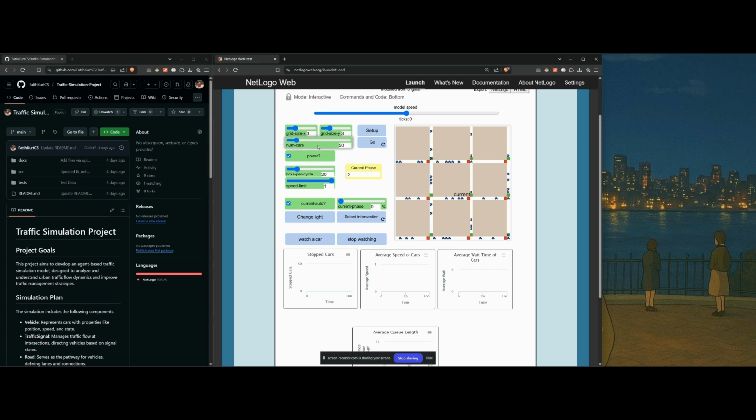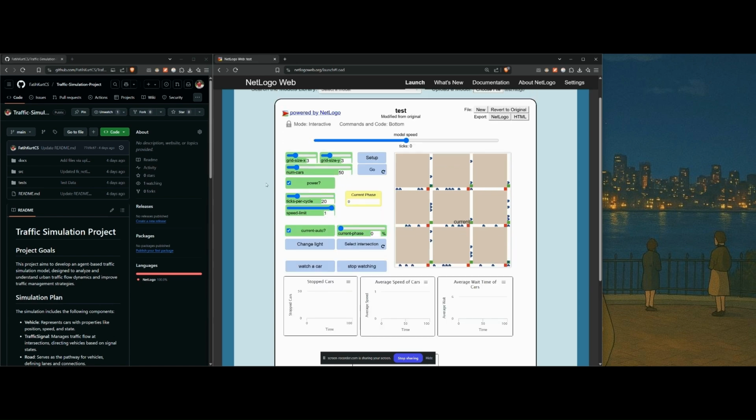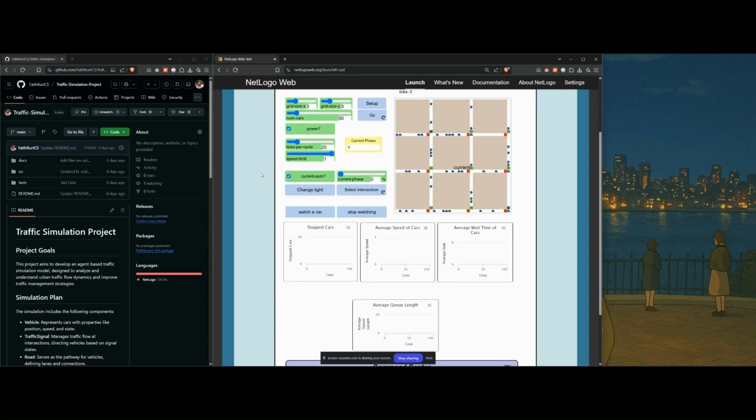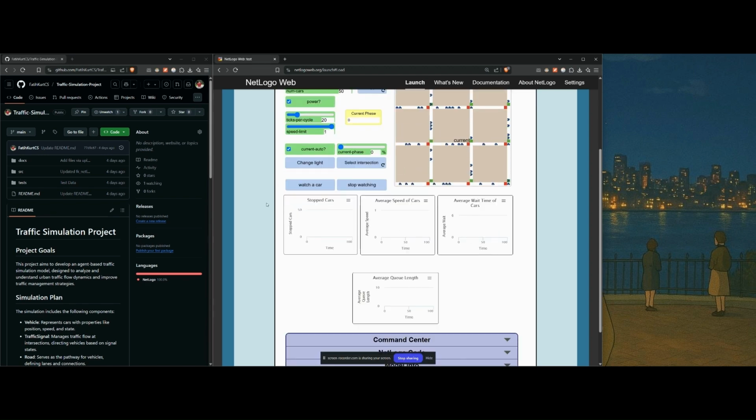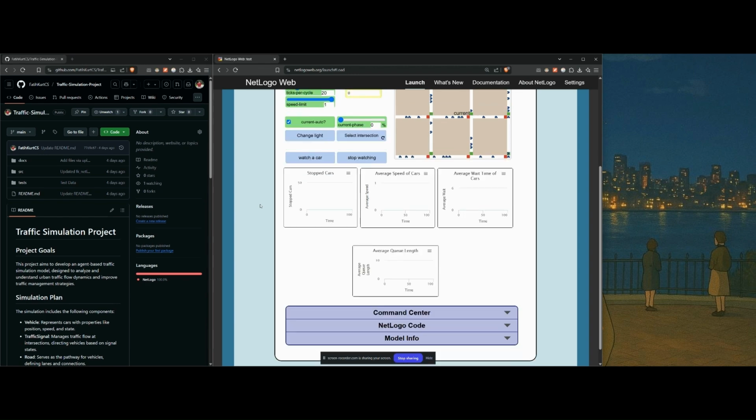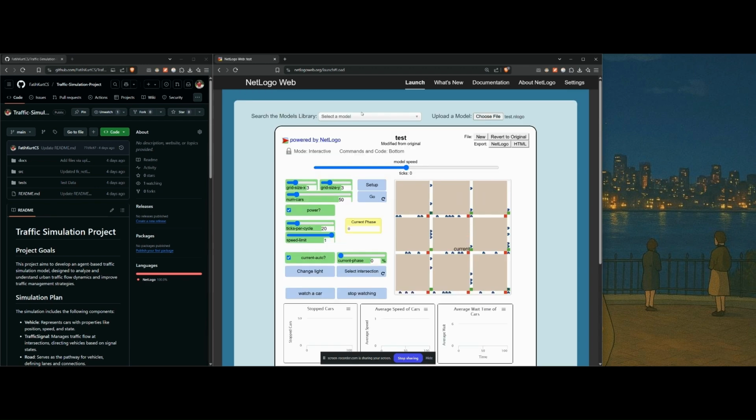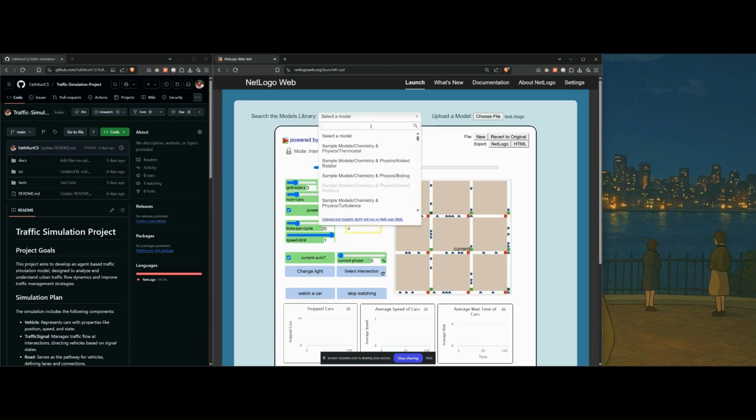So these are checked the same. They're not changed. They're the same. And here are the key metrics that I'm keeping track of. Stopped cars, average speed of cars, average wait time of cars, average queue length are the things that I'm looking for. 3 of these 4 were built in, and I've used one of the,